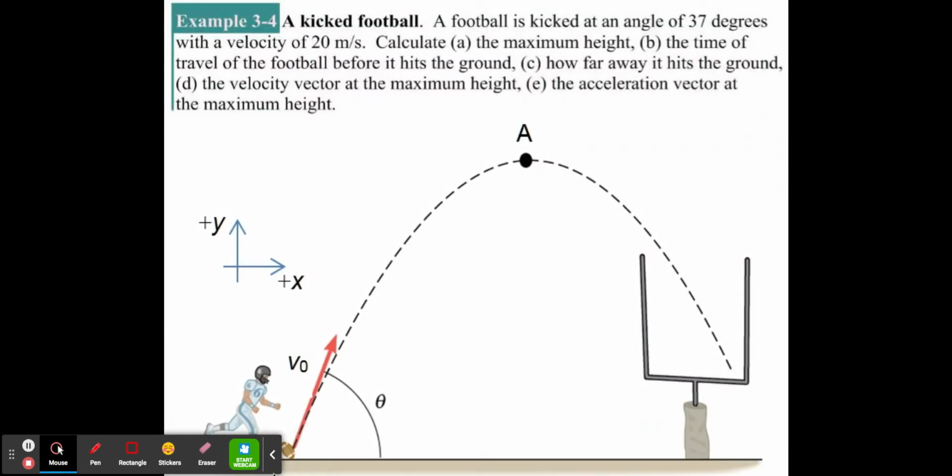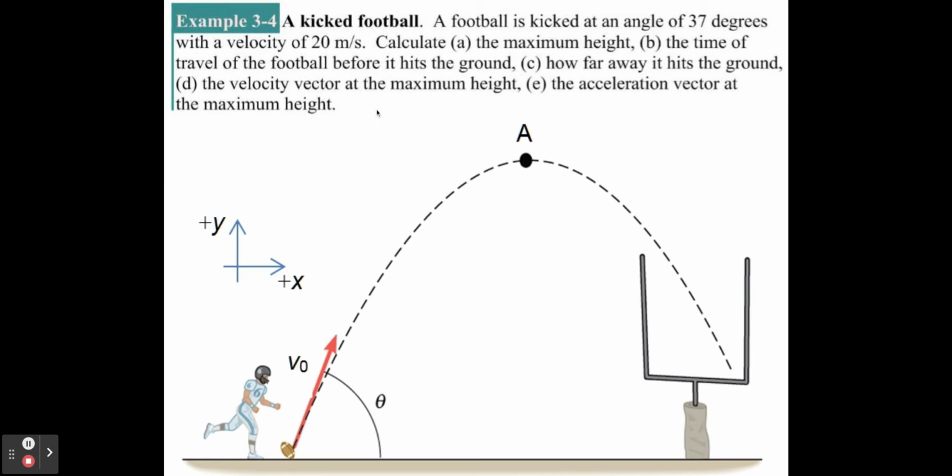Hey everybody, let's look at this problem right here as a good example of an angled projectile problem. A football is kicked at an angle of 37 degrees with a velocity of 20 meters per second. Calculate A, the maximum height, B, the time of travel before the football hits the ground, C, how far away it hits the ground, and D, the velocity vector at the maximum height, and E, the acceleration vector at the